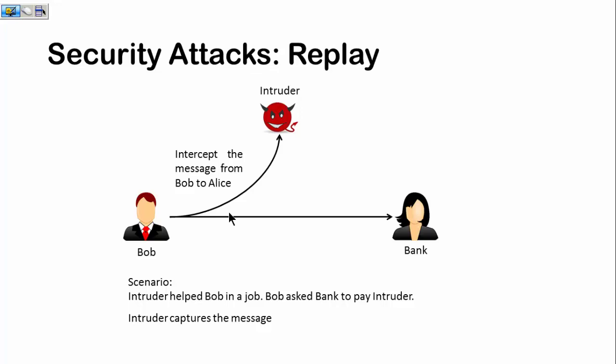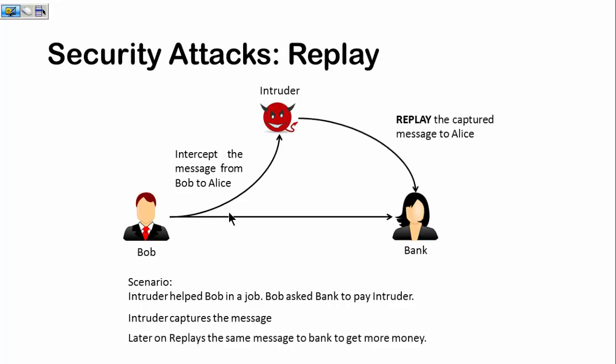So if this message is captured by the intruder, it can help the intruder, because later on, once this transaction has taken place, at a later point in time the intruder may send the same message again to the bank saying that please pay 5,000 rupees to the intruder, and in this way multiple transactions could be done. So this is called a replay attack. And please be mindful that I am telling you these examples in order to explain the concept of replaying. The banking system is not so fragile that such kinds of attacks can take place.